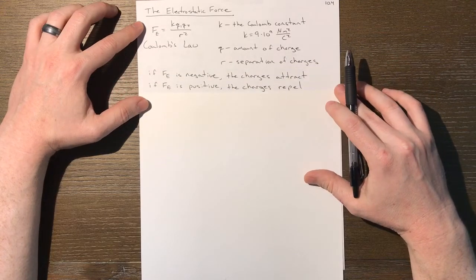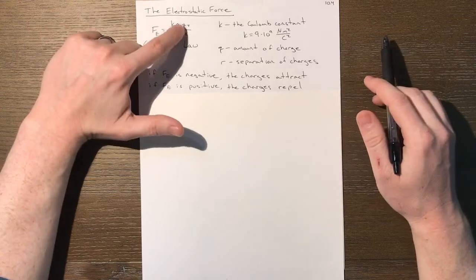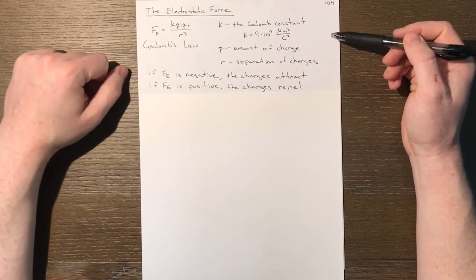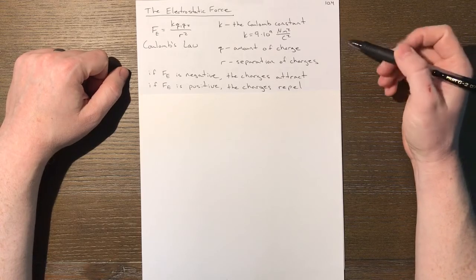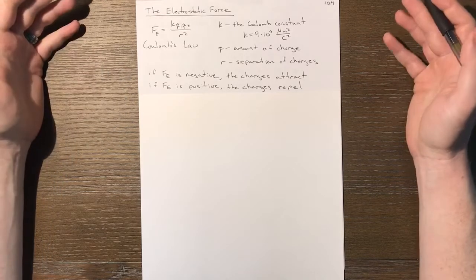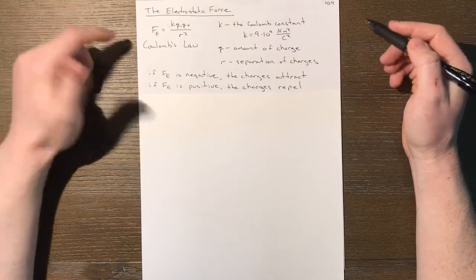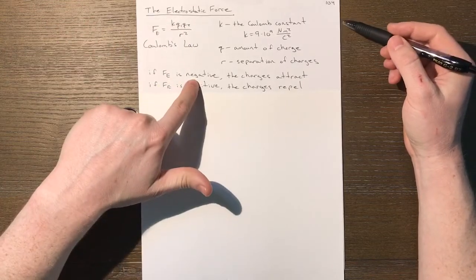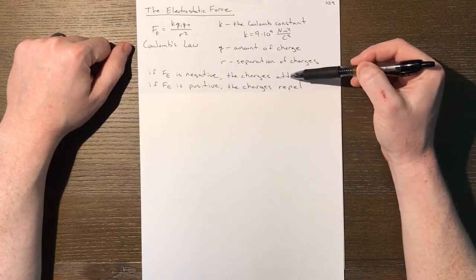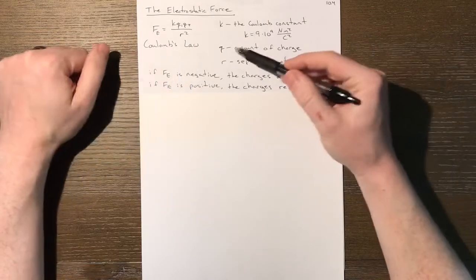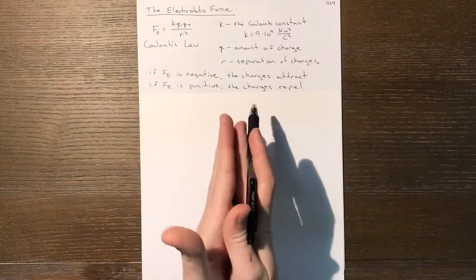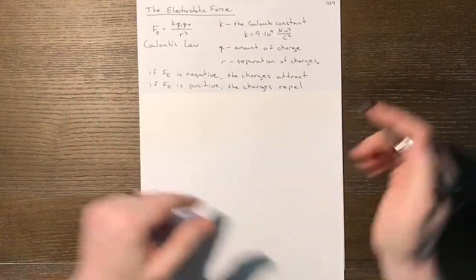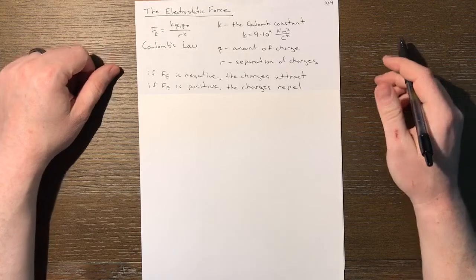So we can see too, if we were plugging in values of Q1 and Q2, if one is positive and one is negative, we would call those opposite charges. A positive times a negative, Q1 times Q2. Positive times a negative is negative, which means the charges will attract. The negative means that separation is going to decrease. They're going to get closer together because they are being pulled together, and that is what the negative represents in